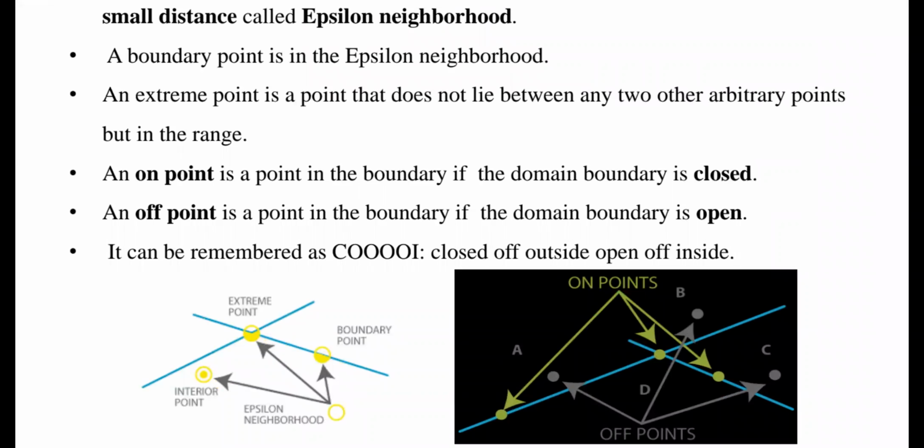These are the point domains. See the yellow points: these points have to be on the domain line only. If the points are not on that particular domain line, it is a bug, it is an error. These are tested by using domain testing. See, the dark yellow points are out of the domain line, and some of the remaining points are also out of the domain line, so they are considered bugs.